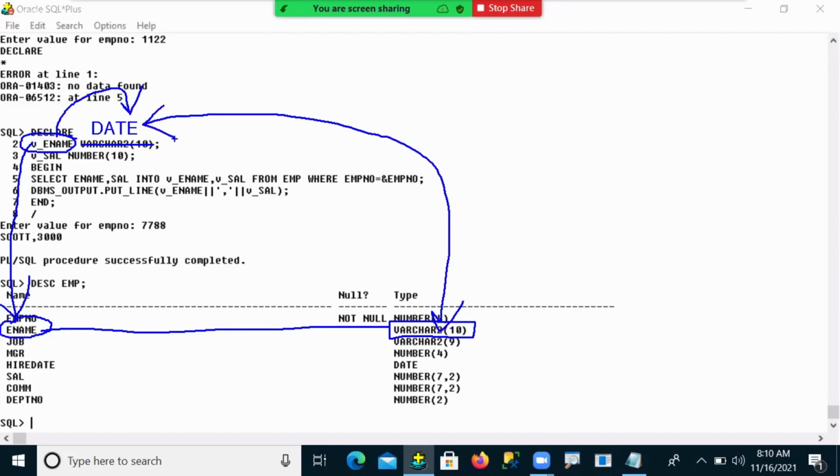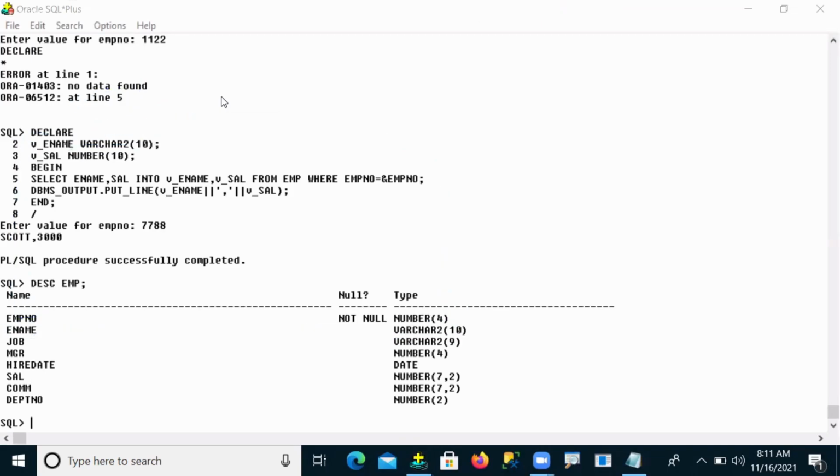Come on, say yes or no. Not matching. If it is not matching, it shows an error, yes or no, guys? So, do all of you understand the point now?